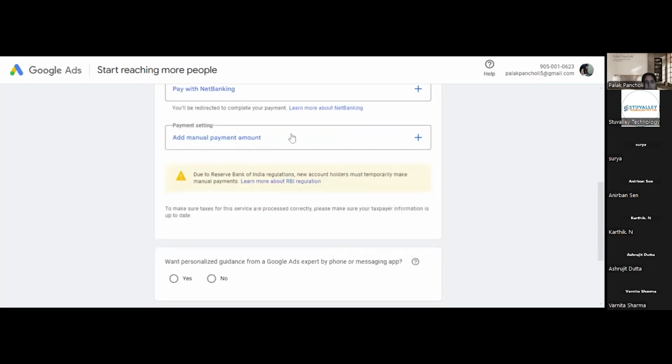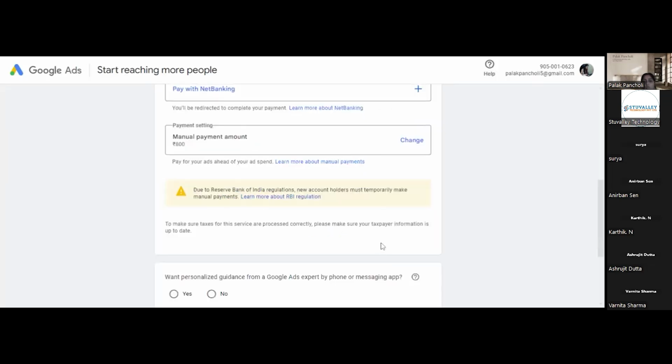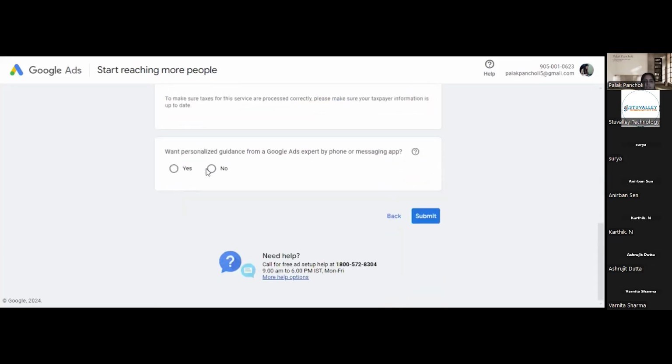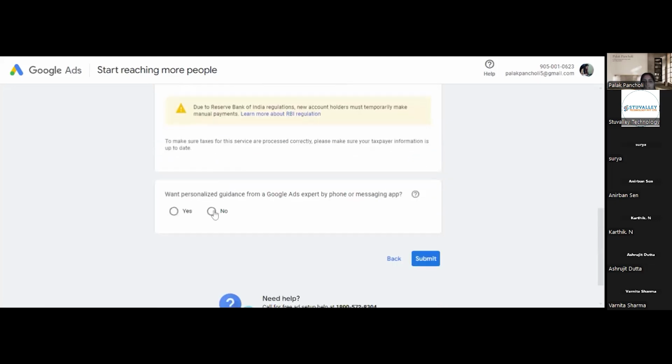The annual payment amount should be 800. Continue. You don't have to pay the amount, just enter the amount. Just enter the amount, don't pay it. After this, just click on no and submit this.